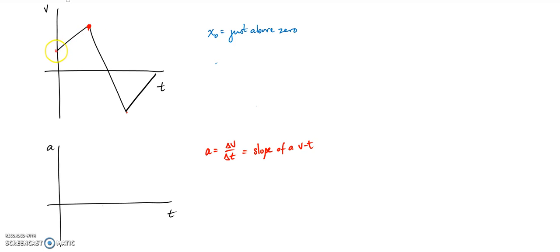So from this point to this point, I have a positive acceleration because I have a positive slope. So I have one constant positive acceleration. Then from this point to this point, I have a constant negative acceleration. Only one line. Even though it crossed through 0, it doesn't matter. I only have one line, so therefore, I only have one rate of change. I only have one slope. I only have one acceleration, and it happens to be negative. And I believe it's a lot steeper than this, so I'm going to jump way down here for that time